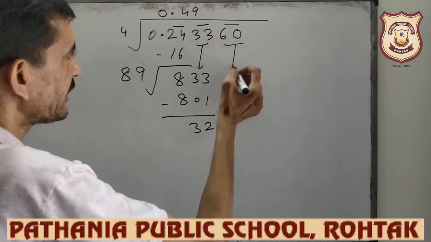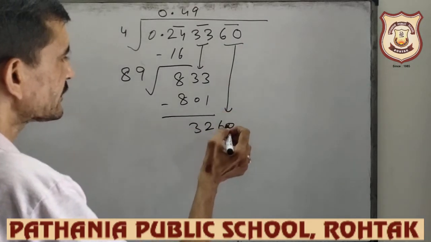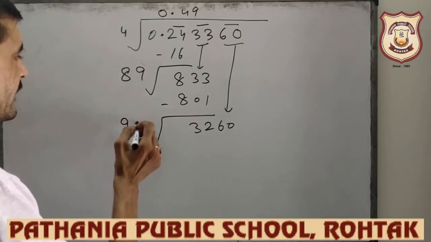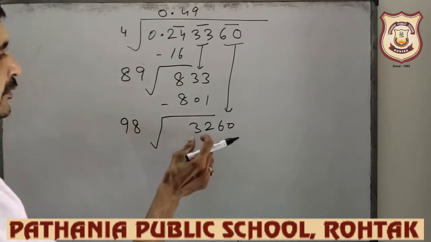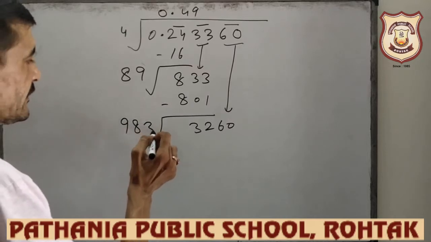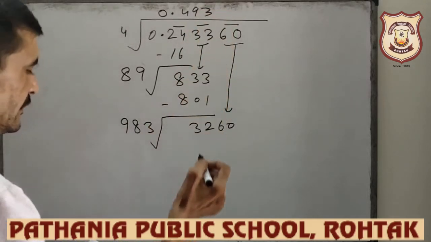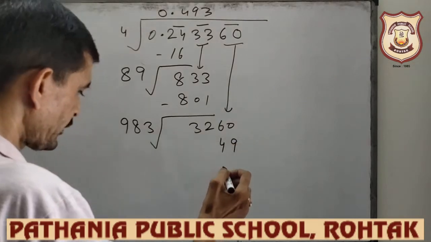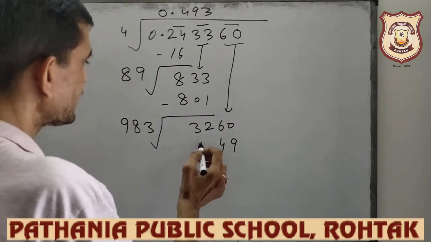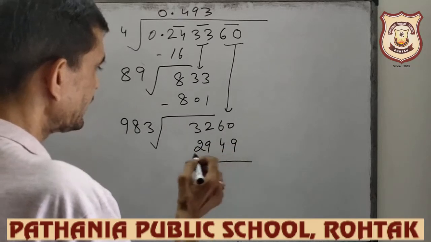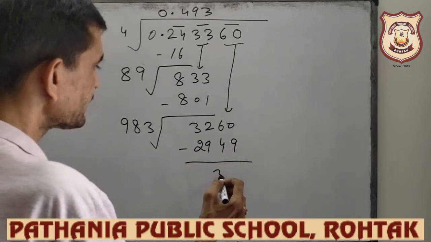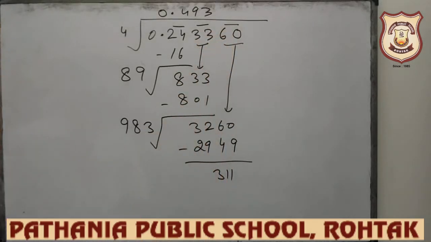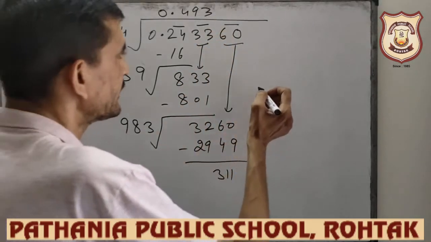Now this pair comes down, 60 is there. Now double of 49 is 98. Now table of 9 up to 32, 9 3s are. So this one is there. So the product is 3 3s are 9, 3 8s are 24, and 3 9s are 27, and 2 is 29. Now subtract, this one is the remainder. Up to 3 decimal places, our answer is 0.493.